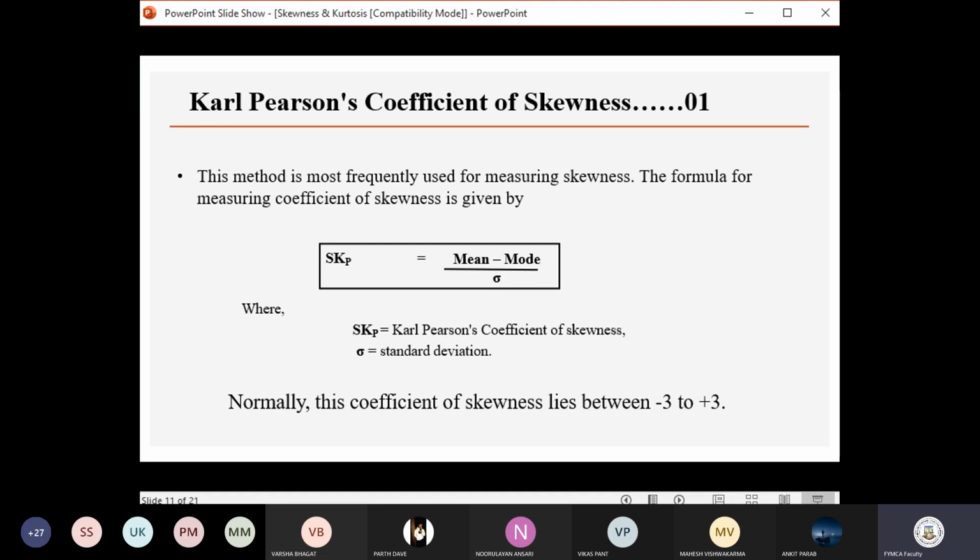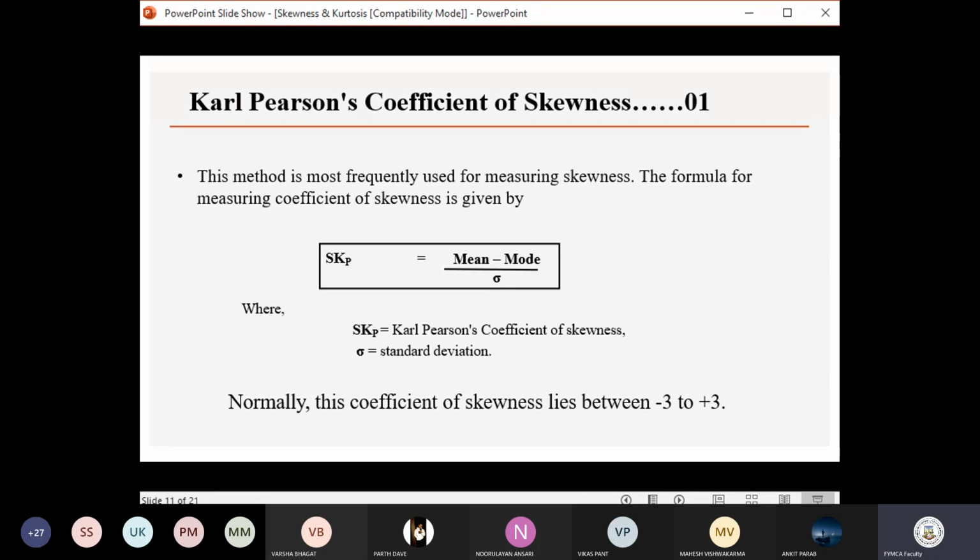Suppose you have some parameters, for any type of frequency distribution, are you in a position to calculate mean, median and mode or standard deviation? Suppose you have some data, some question, like whichever questions we solved in the last session. Suppose for that particular data I tell you to calculate the mean, mode and standard deviation. Whatever formulas we have seen, by those you can calculate it. It will be very easy, a mathematical case, to calculate Karl Pearson's coefficient.